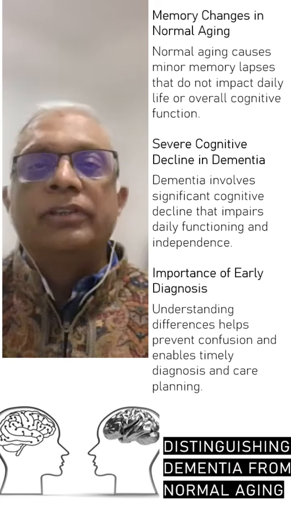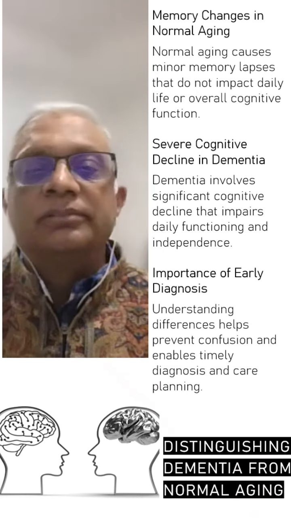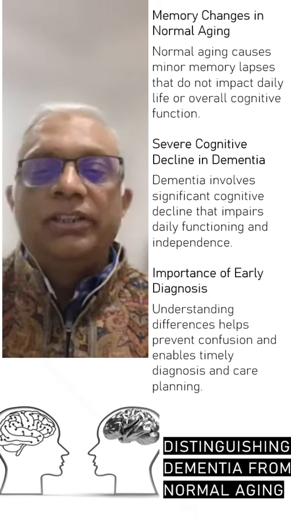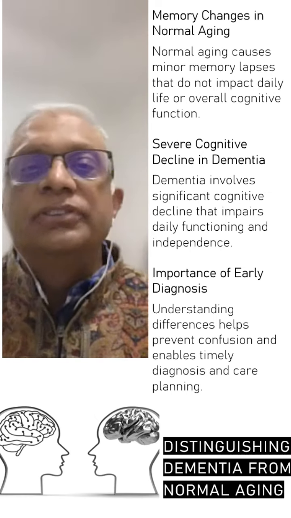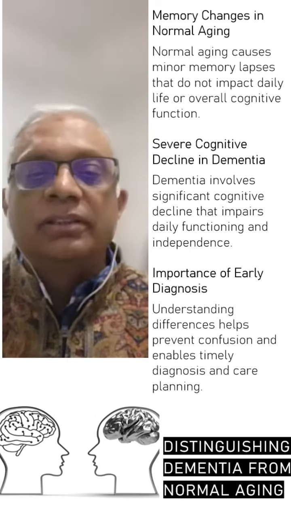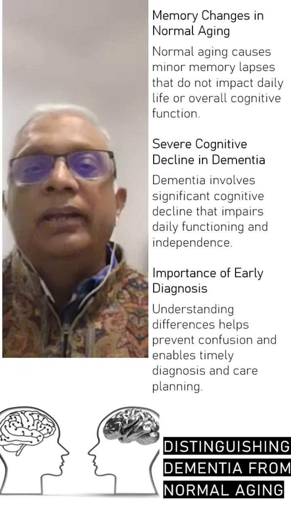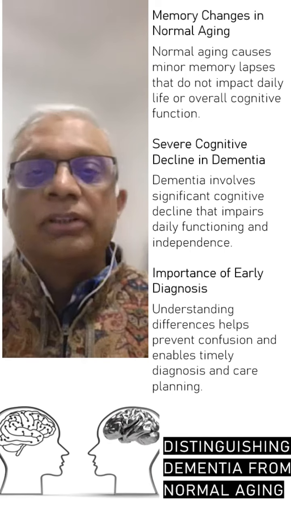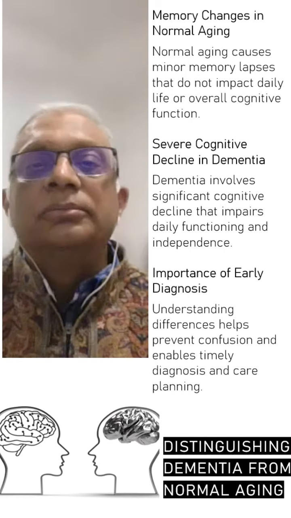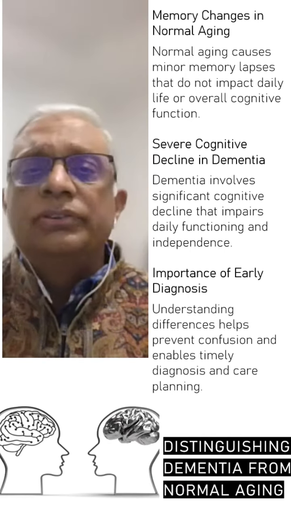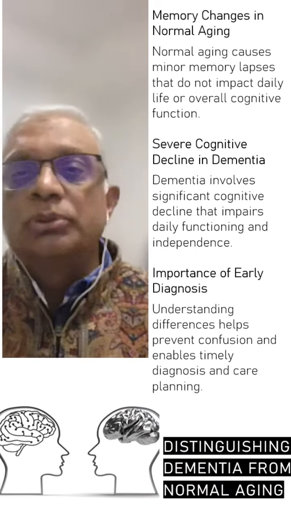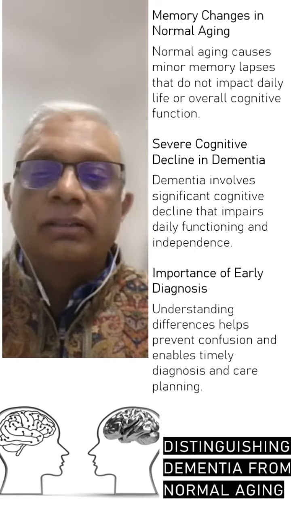So, how do we differentiate dementia from normal aging? Normal aging also involves some degree of changes in memory capacity. People are slower to think and to remember things, and a little bit of that is quite all right. So it is usually minor memory lapses. Most people say that after a little effort, they can